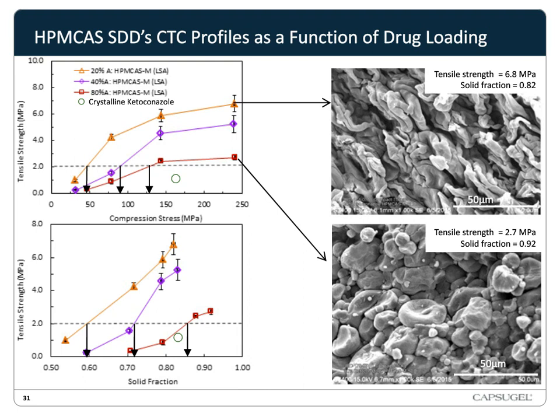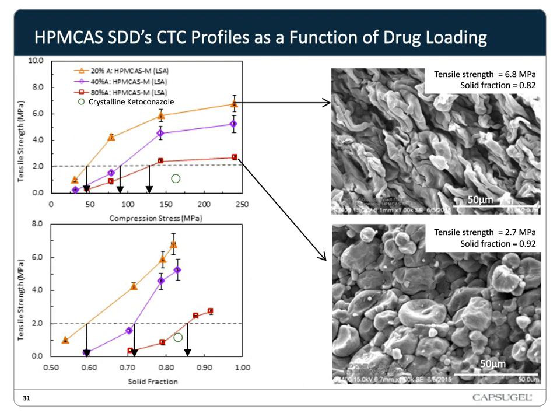But I think the other one has to do with morphology and wall thickness. So if we take two solutions, one with a different amount of polymer and drug, and because the solution properties are different, if we spray dry them at the same conditions, the resulting particles are going to have different properties, that is, different wall thicknesses. And because of this, and because they're hollow, that's going to cause a difference in how they deform.